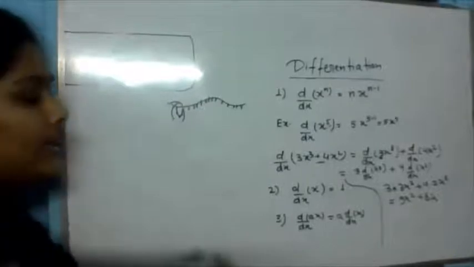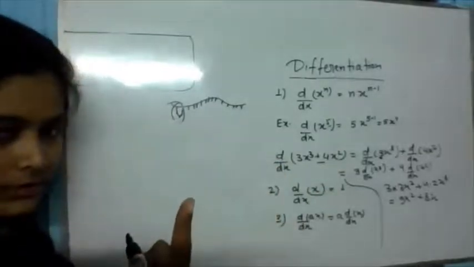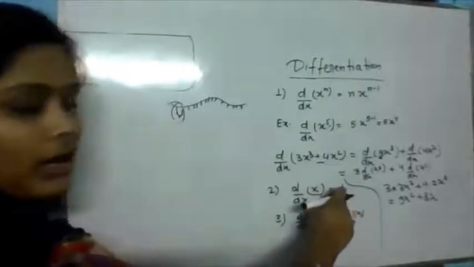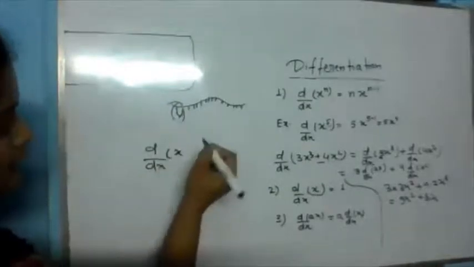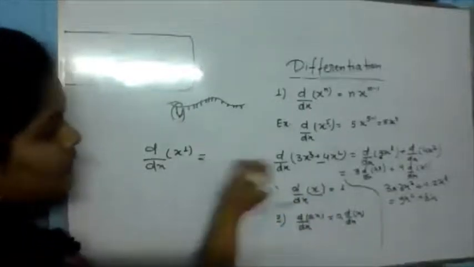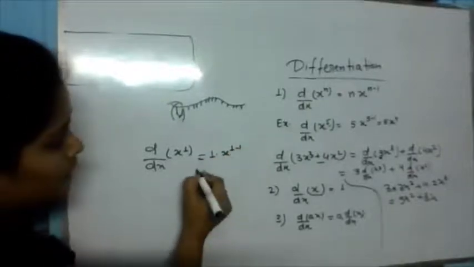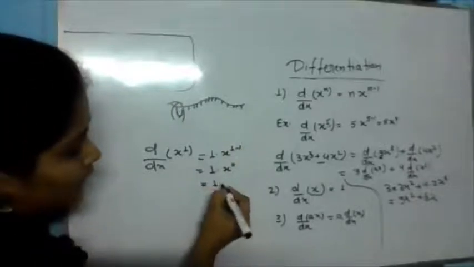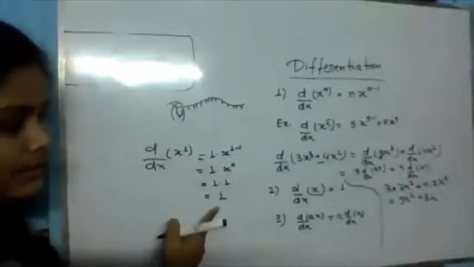So now see, if we have a function and the power of x is 1, then after applying this operator we will get 1. We can understand this in this way also. See, this is x to the power 1. Now apply the general formula: 1 x to the power 1 minus 1, that is 1 x to the power 0. And if the power of anything is 0, what is its value? 1. So the value of this is 1. Is this clear?